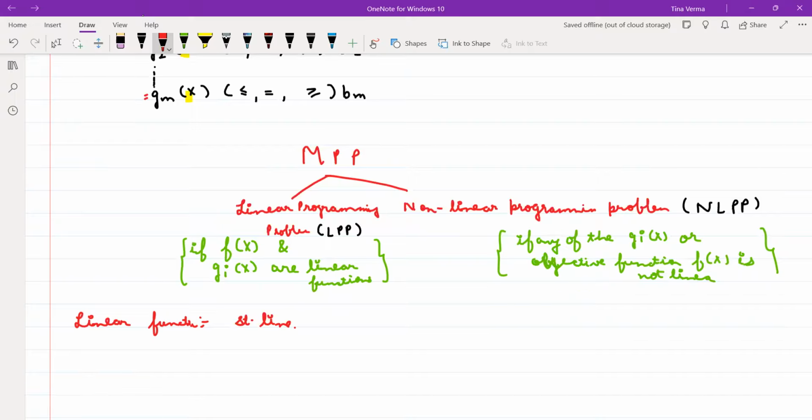It depends on the set; the function I am not considering. I am saying linear function means tell me it is linear or not linear. So the answer is: any function which can be represented along some axis is called a linear function. Which axis? You can take one axis, two axes. By rotation or anything else, if I can represent it along some axis, then it is a linear function. Anything else?